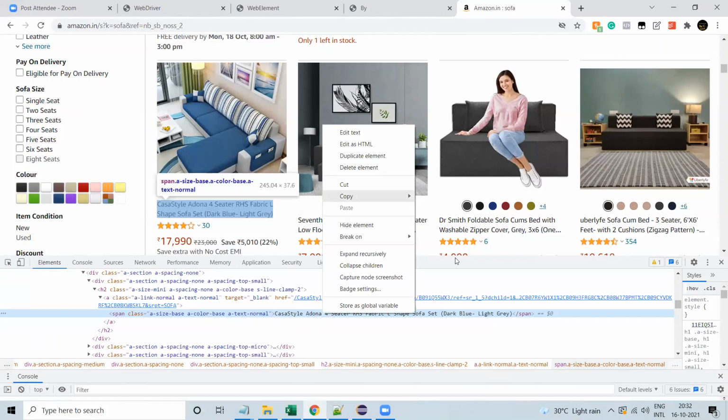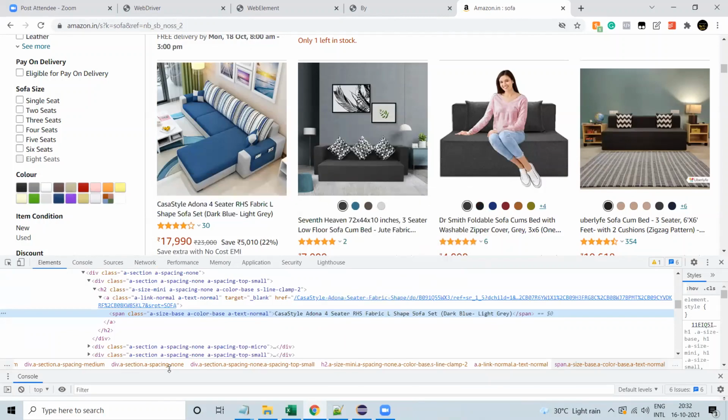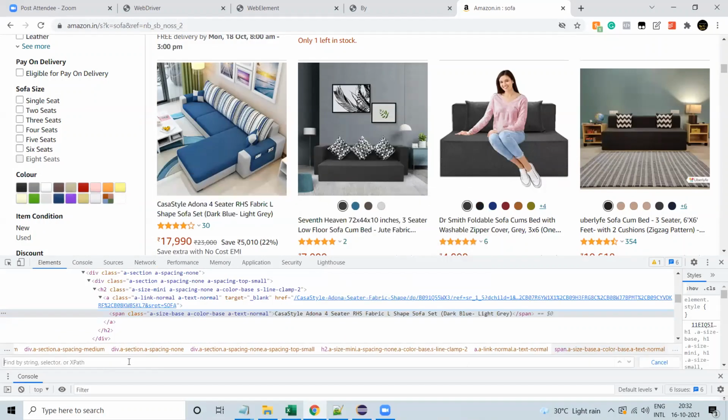I'll go with the XPath. It is showing a unique one. Here you can see 1 of 1, so that it is the unique locator.